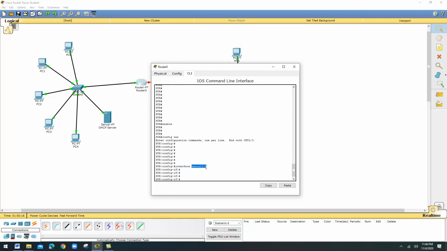You have to enter the name of the interface exactly and correctly, otherwise you will give the IP address on a wrong interface, so you have to be very careful. The name of the interface is very important. So here I use interface serial 2/0.